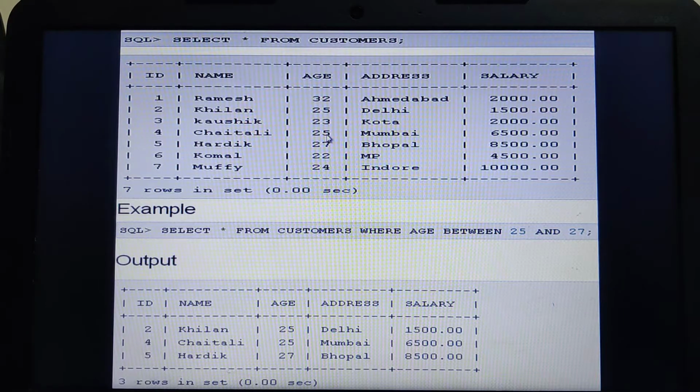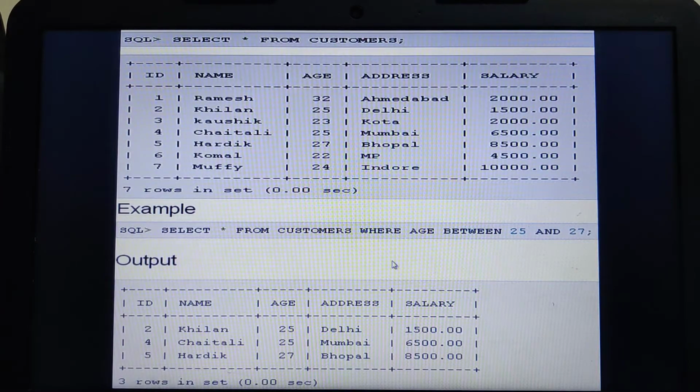Again 25, Chaitali, would come, and 27, Hardik, would be selected. 22 and 24 would not be selected because they are not within the range of 25 and 27. Therefore, when you execute this query, I'll be able to retrieve these 3 records, Khilan, Chaitali and Hardik, whose ages are 25, 25 and 27. I hope you are able to understand.